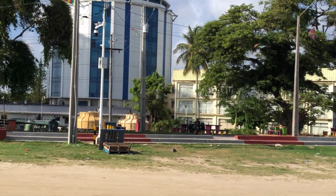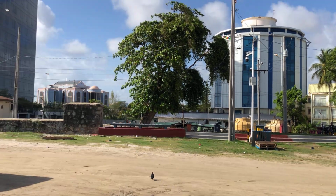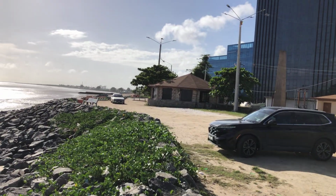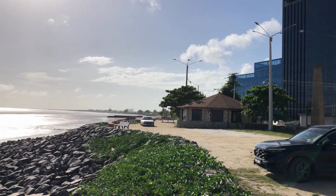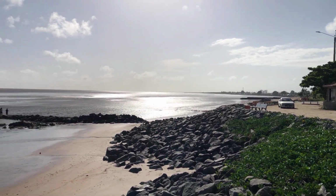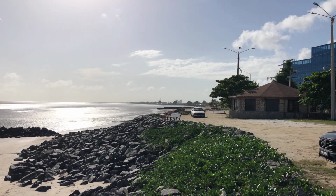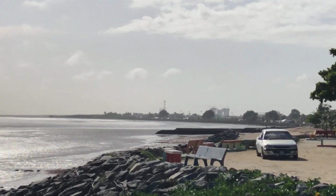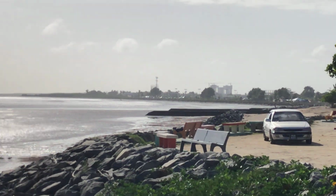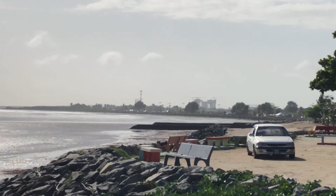And what is going to happen in the future is they're going to build a Hilton Hotel. Like I said many times, I argue that a lot of this mud flats, so these are mud flats on the other side of the seawall, a lot of this mud flat could be reclaimed. However, that's not what they're doing. They are going to build the new